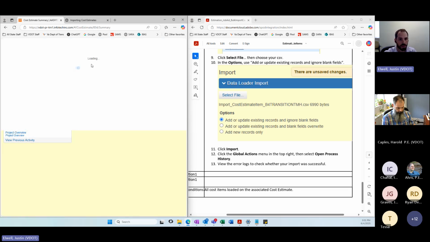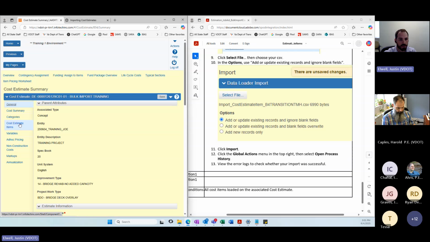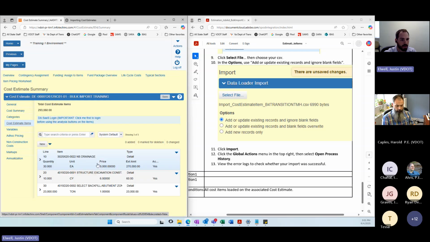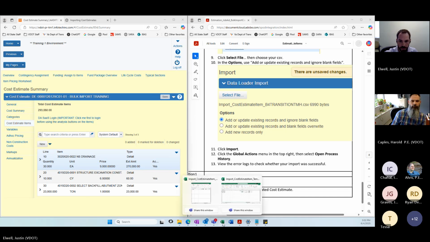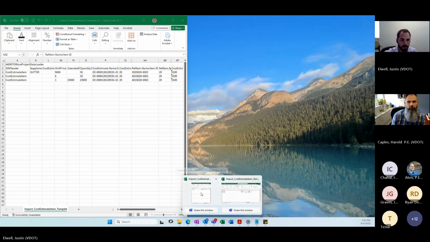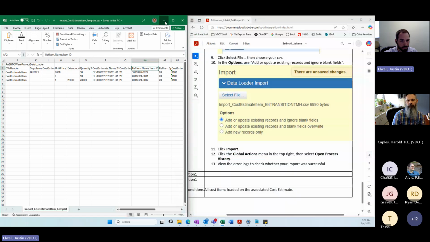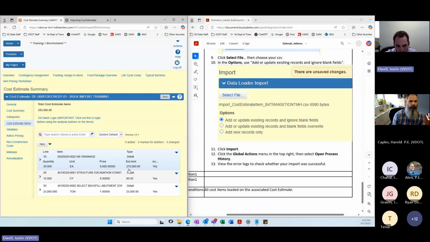So I'm going to go back to my cost estimate and see that my items were loaded right there. As Tessa mentioned, I left out the extended amount on 2 of those items. For the first 2 items, it calculated it for you and loaded it in automatically, which is great.